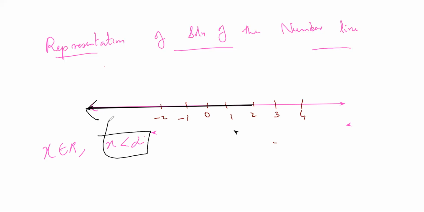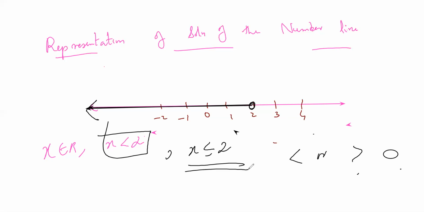This is for the question of x less than 2. Then one more question you should have in your mind is, what if it is x less than or equal to 2? How do we differentiate these two things? For less than or greater than symbol, we just put a hollow mark like this. Similarly here, I will put this symbol just around the 2. If it is x less than or equal to 2, then I will make it dark.